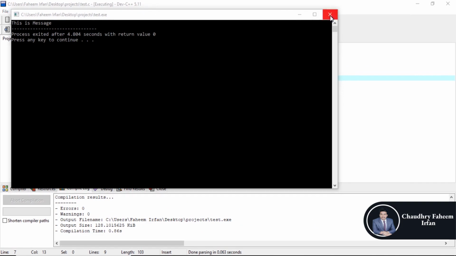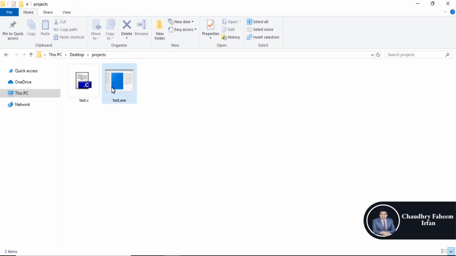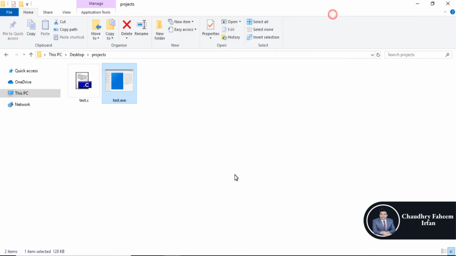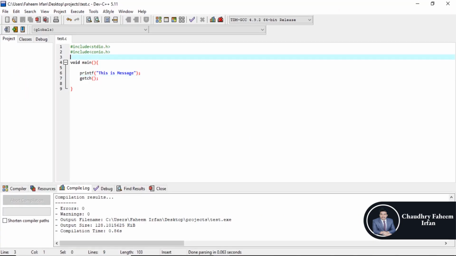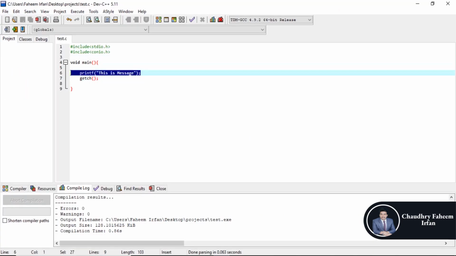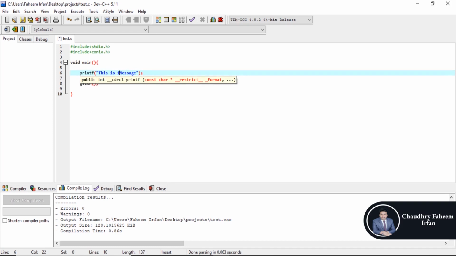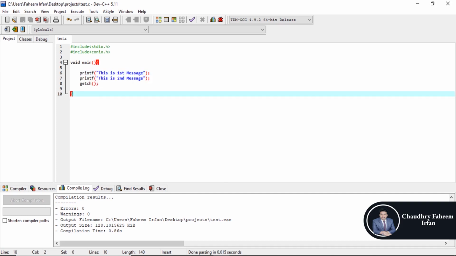and now close this one, go to the folder and run this file again. This is the message. So suppose I change this file like that, this is the second message and this is the first message, press Ctrl plus S and then run the program by clicking